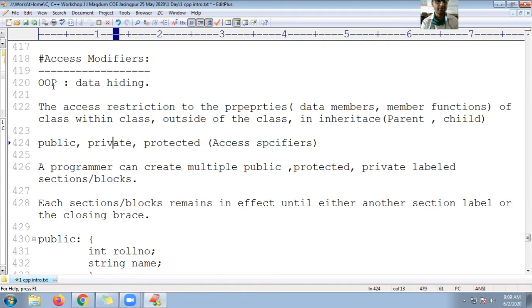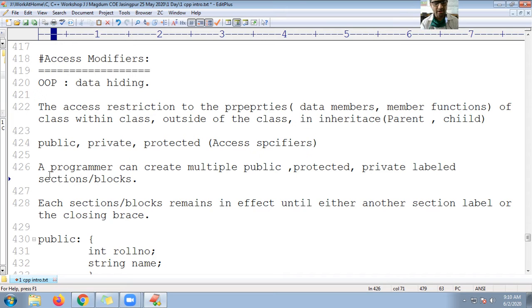Object-oriented programming provides a feature called data hiding, where you can apply restrictions on properties like data members or member functions of the class, within the class or outside of the class, or also apply inheritance between parent and child class. So what access specifiers are available to achieve data hiding? We can use public, private, and protected.